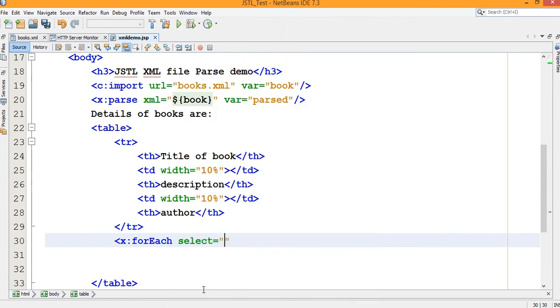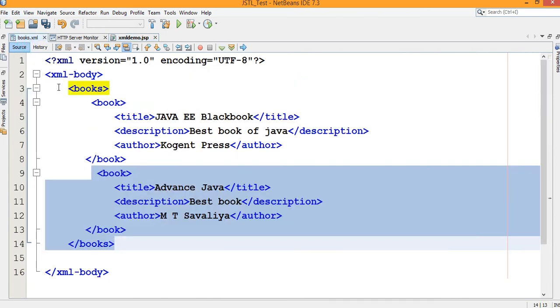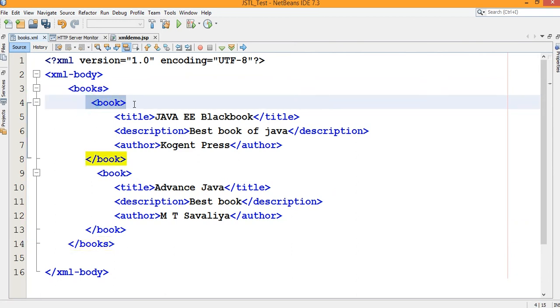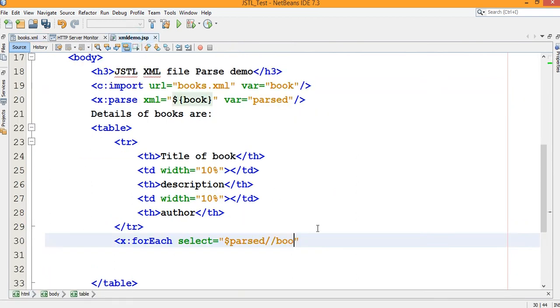We need to select where your data is stored, in $parsed. Then the root of the XML file is books, and the sub-root of it is book. So I have to write here books/book. Clear? So that kind of information will be stored here.